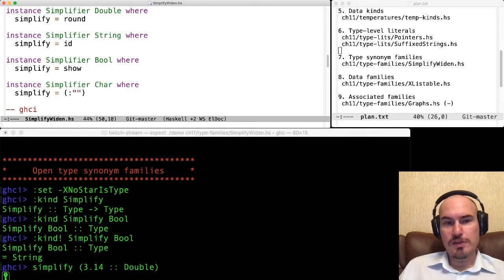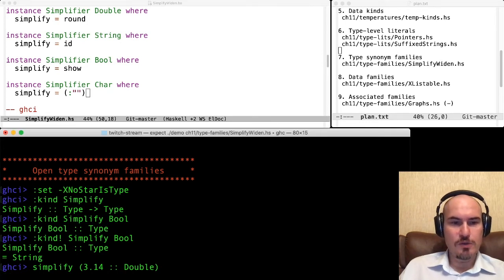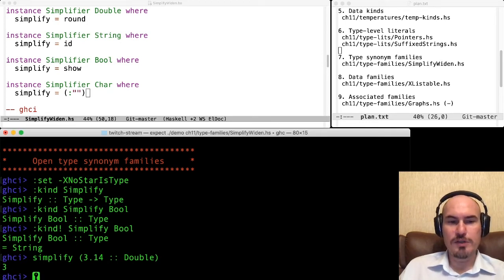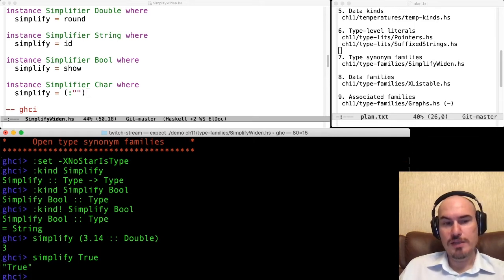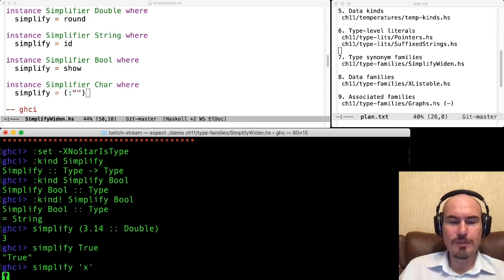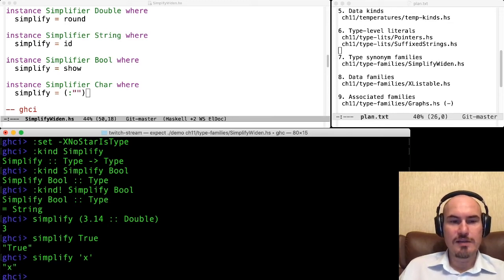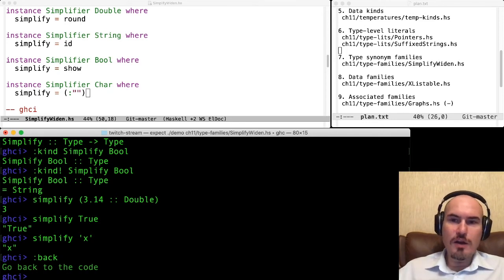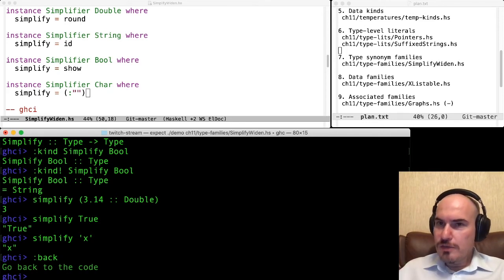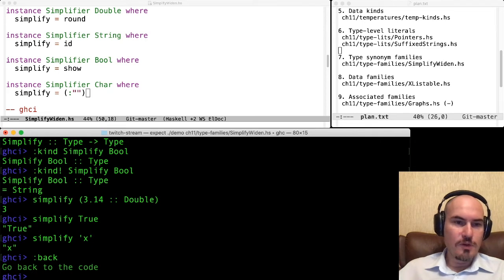And now we can use this function. Let's look here. So simplify for some double value is three. Simplify for true is true as a string literal. Simplify for x character is x string, and so on and so forth. So look, this function works over so many different types, so different values, thanks to type family.